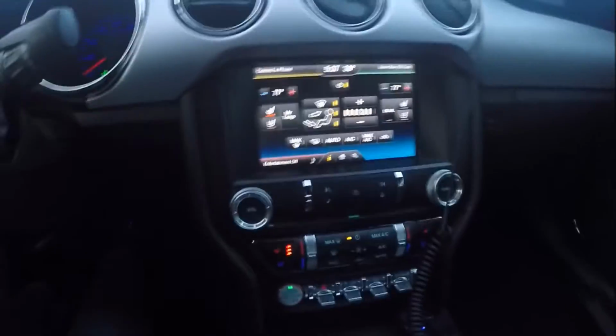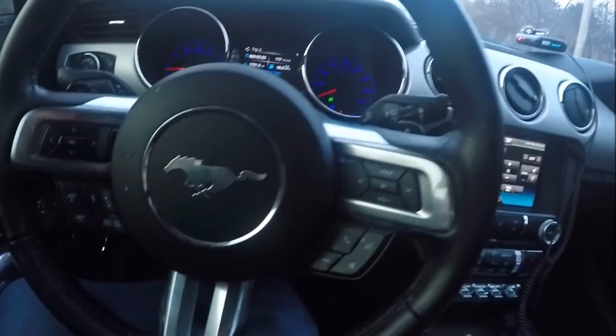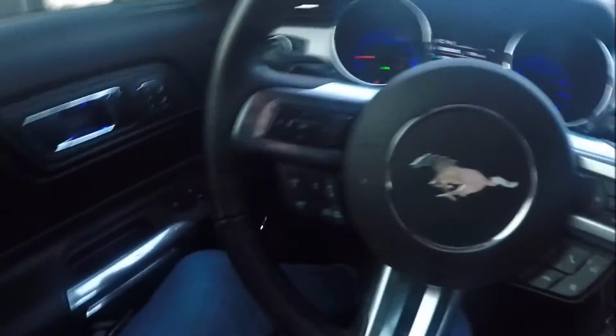And one thing I love about this car is the interior. If you look at it here, I know I made a review about this before, but the interior of this car is absolutely phenomenal. If I saw this about 5 years ago, I wouldn't think this is a Mustang interior. I couldn't have asked for a better daily driver that looks as good as it does and comes with 435